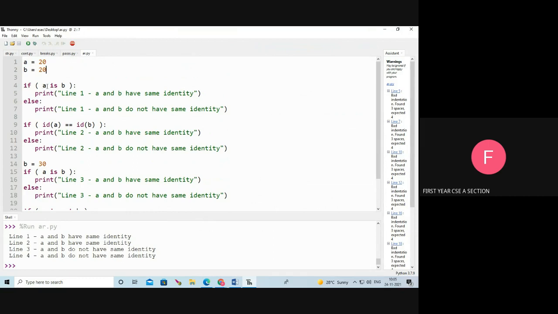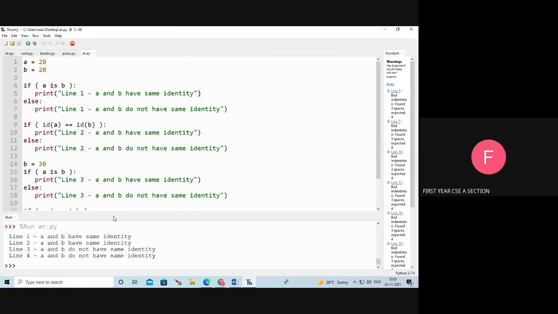Here A is B. That means we are checking the memory location of A and B. See, both the variables are having the same value, means it points to the same address. That is the same identity. So A is B means both are referring to the same identity. So condition is true. So line 1, A and B have the same identity.